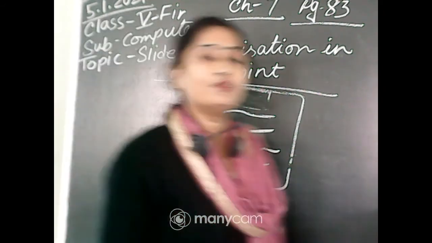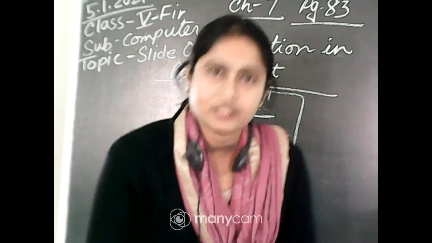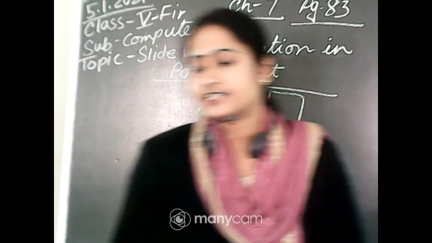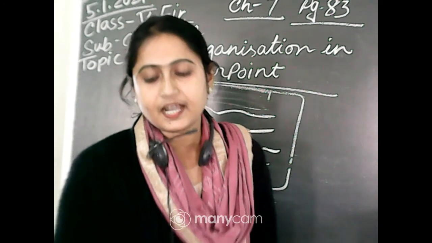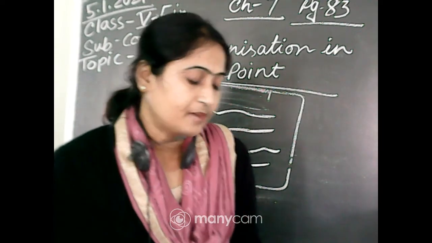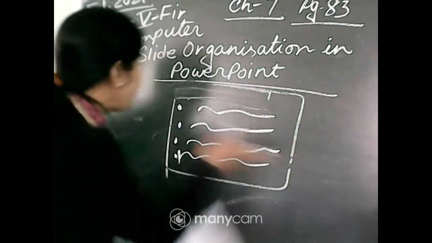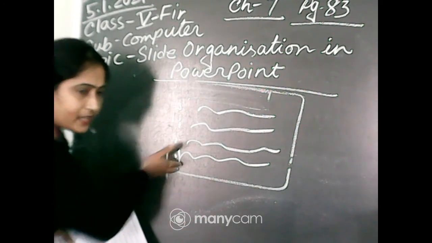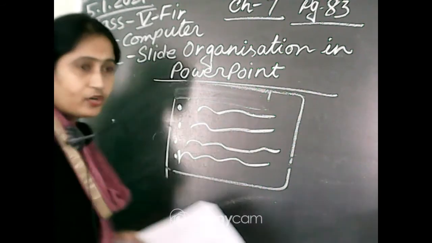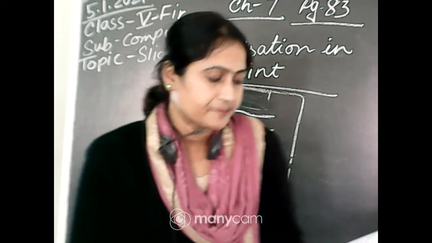In this way you can move, and if you want to move this point to another slide, you can do this also. The selected object disappears from the slide. Now place the cursor after the last position. I already told, place the cursor after the last point on the same slide. That means if you want to place it over here, you have to bring the cursor over here. If you want to place it after the second point, you can bring your cursor over here. Wherever you want to place it, you can place it.